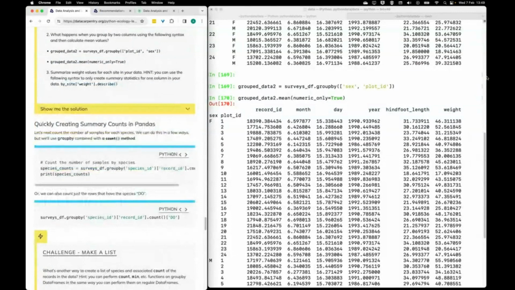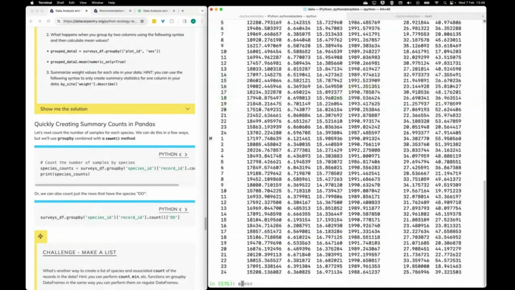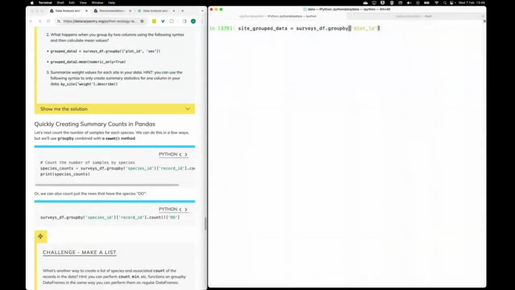Then the final part, I think somebody did put a suggested answer in the Etherpad. So the question is to summarize the weight values for each site. So we can do it in multiple ways. For example, we can group, I'll call it grouped by site. We can group according to plot ID, and then